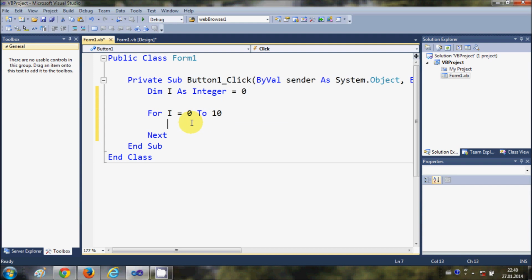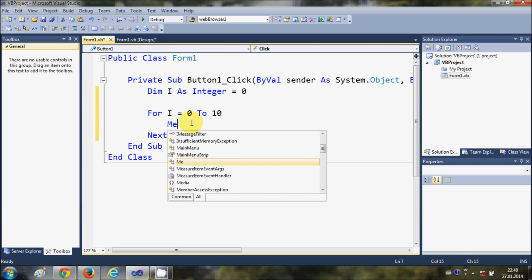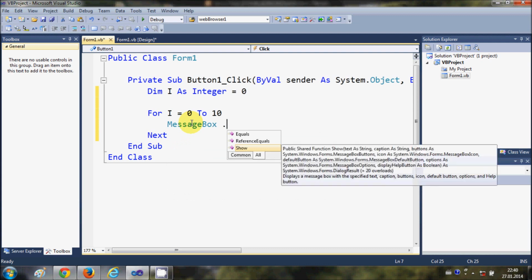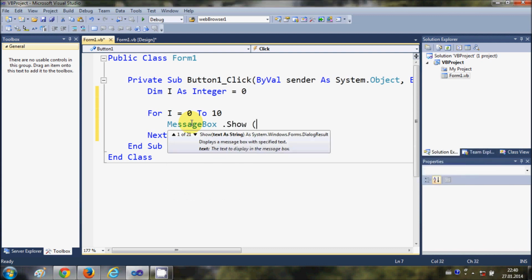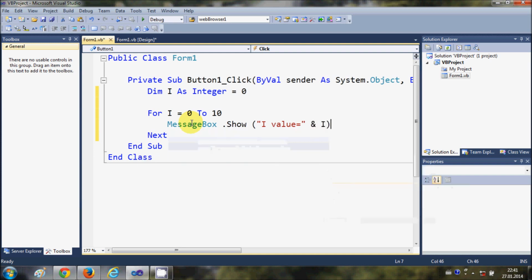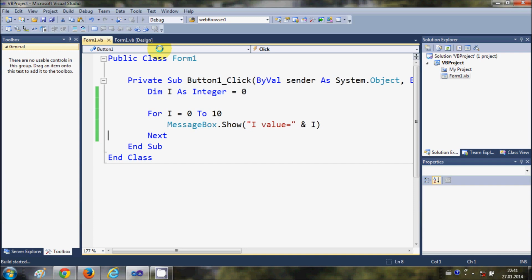So let's see. For example, I want to show a message, so I will write MessageBox.Show, and I will write a message. For example, I will write "i value is equal to", and then I will write this ampersand sign, and I will write this i. Okay, and now when I run my program,